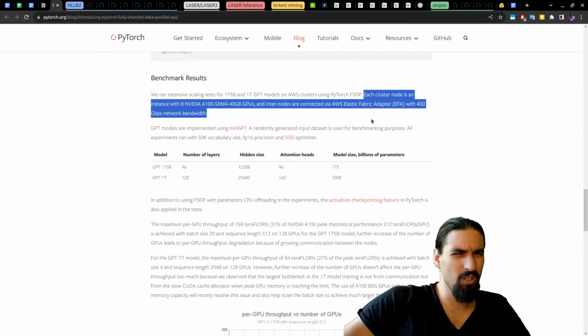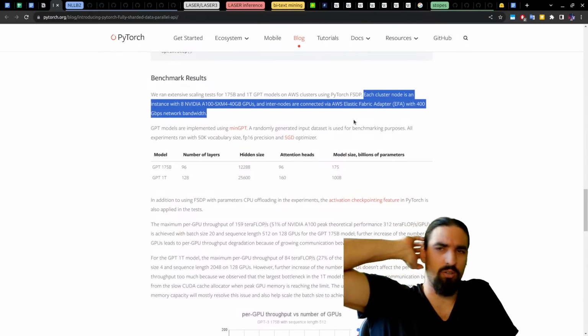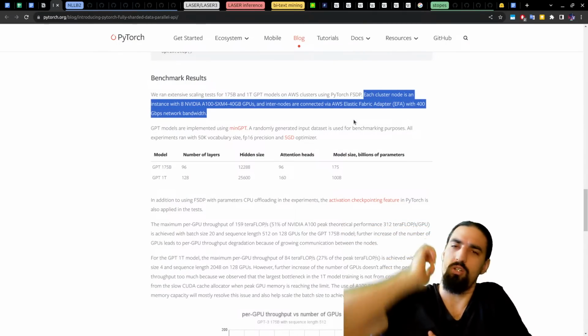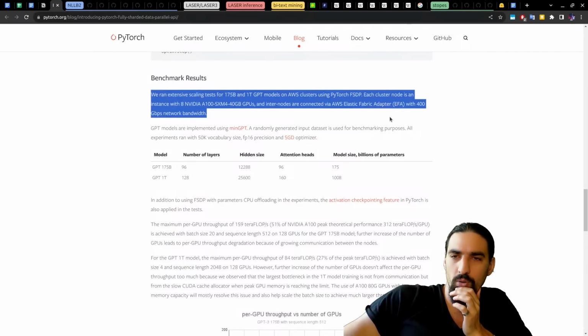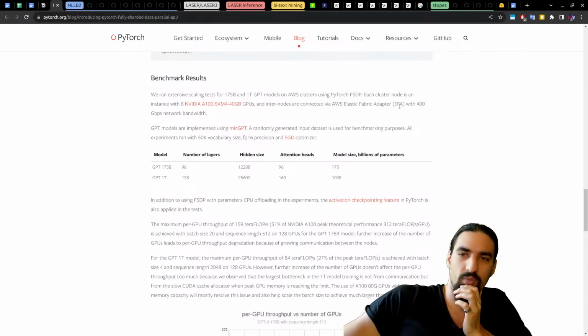Is Meta training on AWS clusters in general? Each cluster node is an instance of 8 GPUs, and internodes are connected via AWS Elastic Fabric Adapter. That's their protocol, similar to NVIDIA's InfiniBand, but much worse. GPT models are implemented using minGPT.